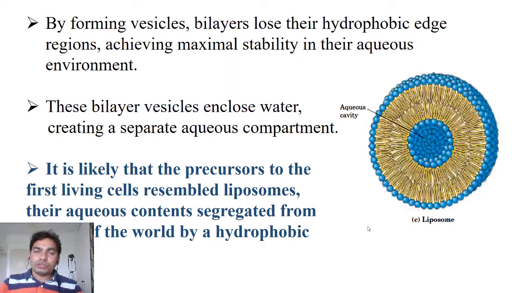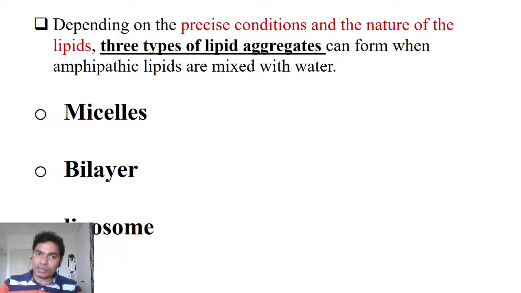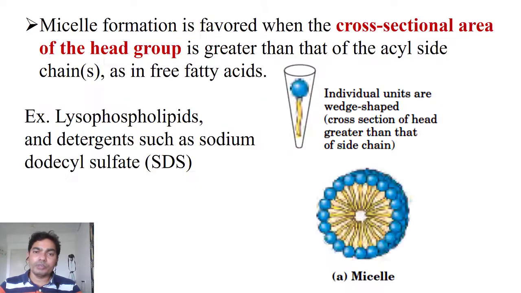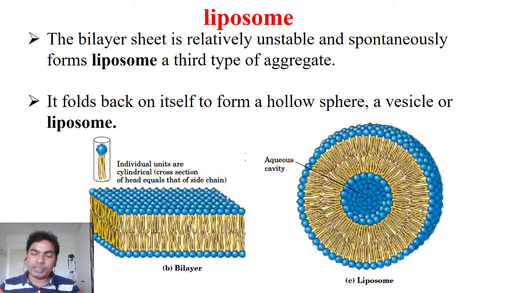Right, so this is all about the three forms of the membrane. One is the micelle, the second one is the bilayer, and the third one is the liposome. So the micelle is stable, inside there is a fat soluble region. The bilayer is unstable, and the third one is the liposome. So the liposome has a hydrophilic region on both sides. Right, so the liposome can be used for the delivery of drugs which are water soluble, and the micelle can be used for those drugs which are hydrophobic in nature.